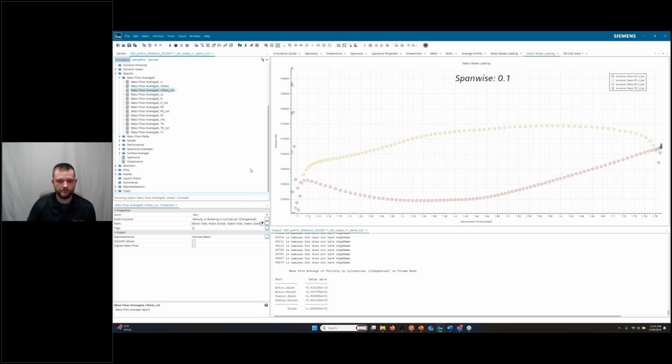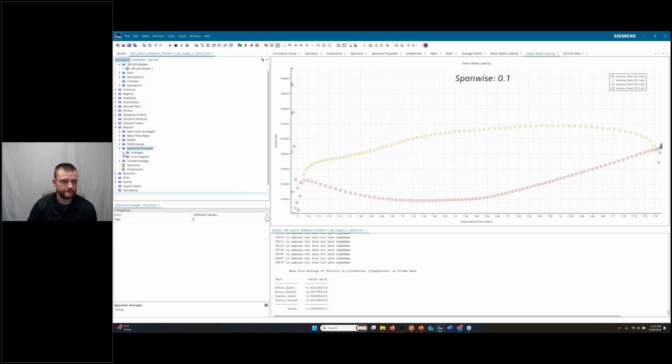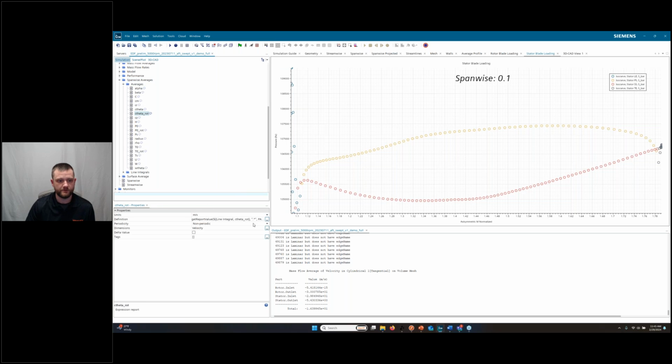And then I also maybe want to look at these at different streamlines, maybe those same streamlines that were used in ActStream. These are all set up in here where I can do these span-wise averages, using the really nice math operation tools that are available in StarCCM to create these. And it didn't take a terrible amount of time to create these by just using these expression definitions.